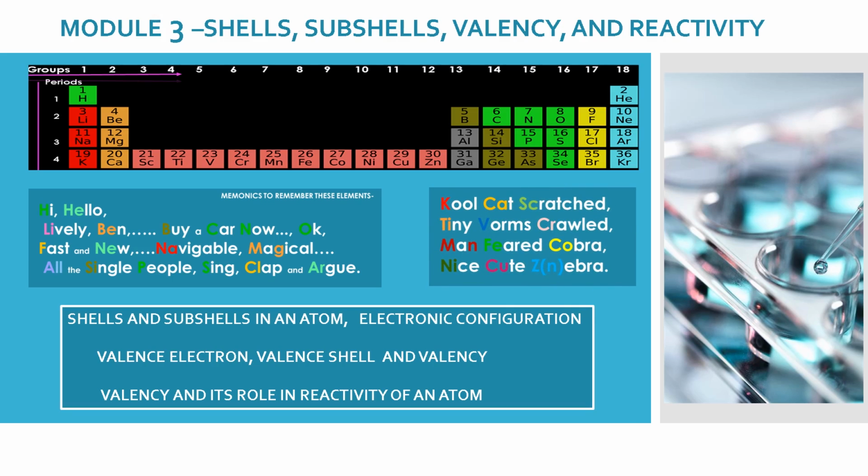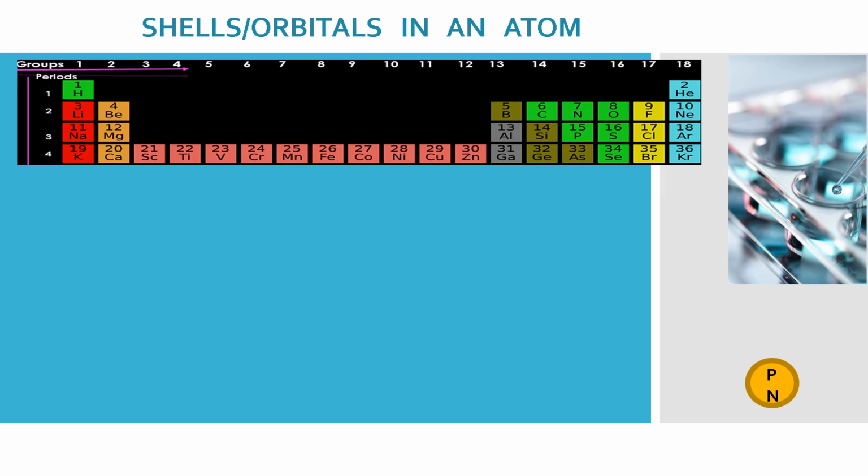So, let us move on to the shells and subshells in an atom. Learning about the shells and orbitals in an atom, we have already learned the atomic number of elements 1 to 30 with their symbols. You know that the electrons are arranged around the nucleus. We have also learned that the nucleus contains the proton and the neutron, and the electrons are arranged in shells